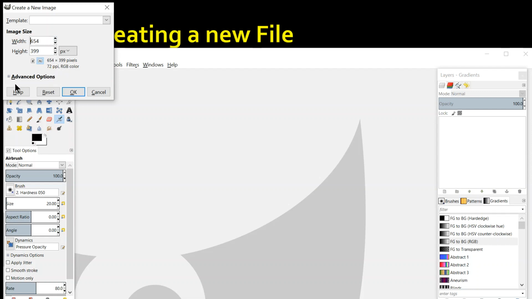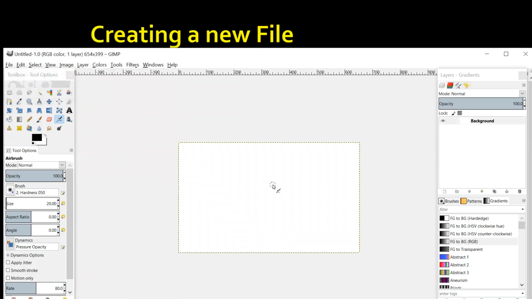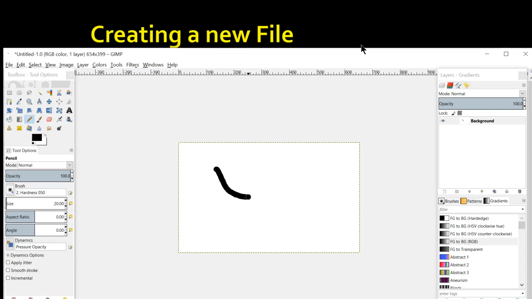This is how we can decide from here. Then here just click on OK. I am clicking on OK. You can see the area for creating the image has appeared. This is how we can open a new file, or we can create a new file using the tools or using the brushes. We can draw whatever we want.